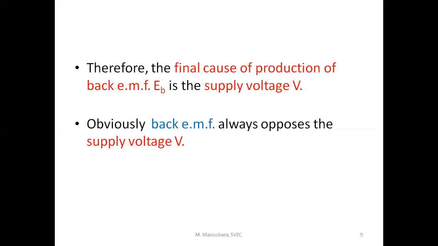then no current will flow via armature. If no current flows, there is no question of torque. If there is no question of torque, armature will not rotate. If armature will not rotate, speed becomes zero. If speed is zero, back EMF also zero. So these two never become zero during operation. Particularly back EMF never becomes zero during operation. Back EMF only becomes zero when speed of the machine is zero. Otherwise, some back EMF will always be produced.